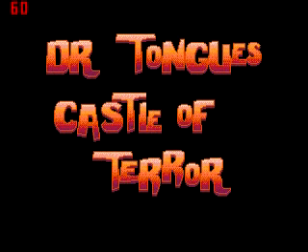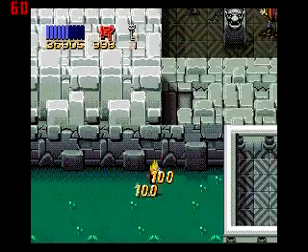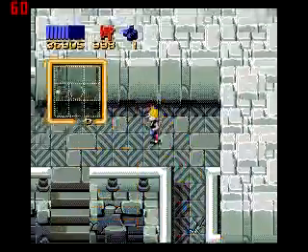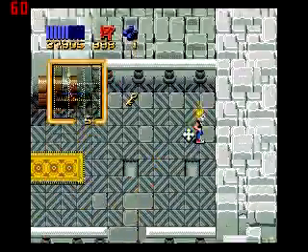Level 7, Dr. Tongue's Castle of Terror. Right off the bat, I used the running shoes, because when I usually play this, I try to beat the game with all 10 victims. And since we only start off with 7, because we got some kills in that first bonus level, Day of the Tentacle,